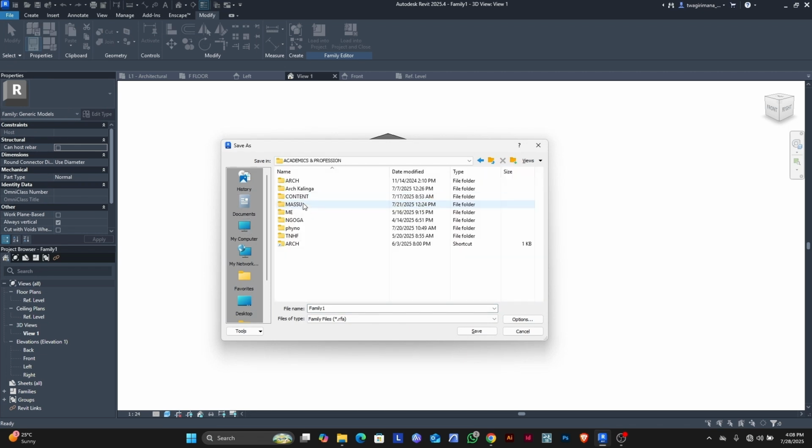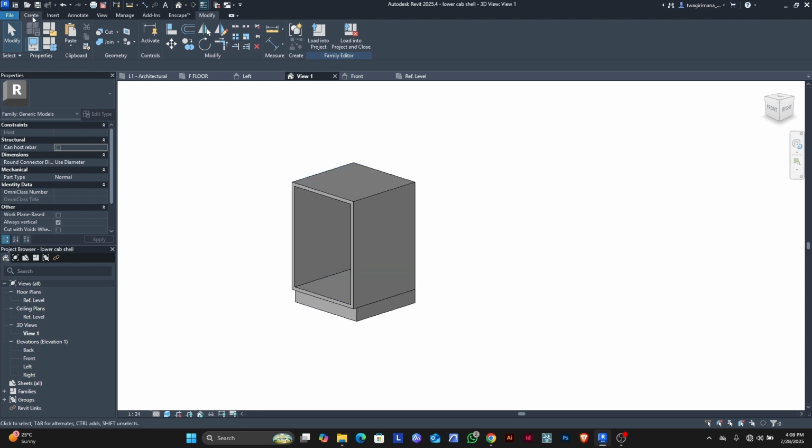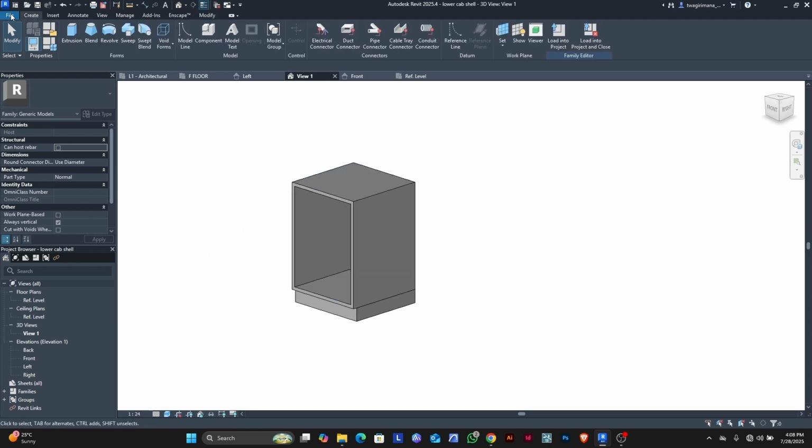For me, I'm going to my content folder. Let's call it floor cabinet shell. Okay, save it. So we are going to create the new